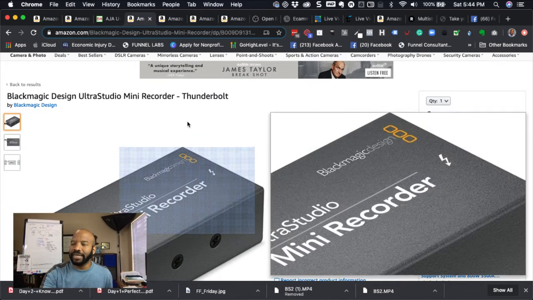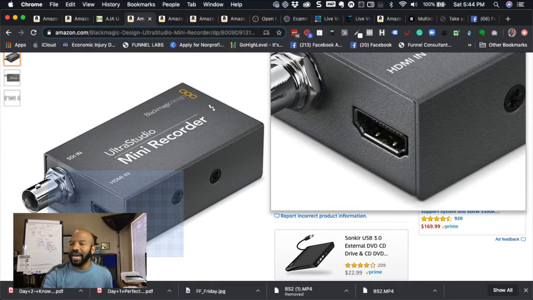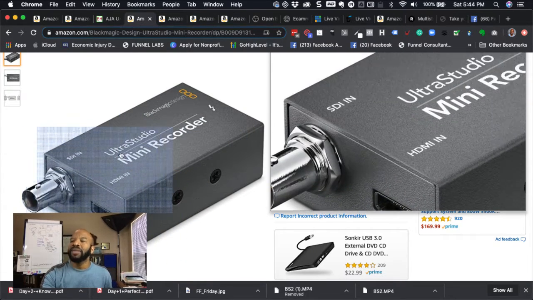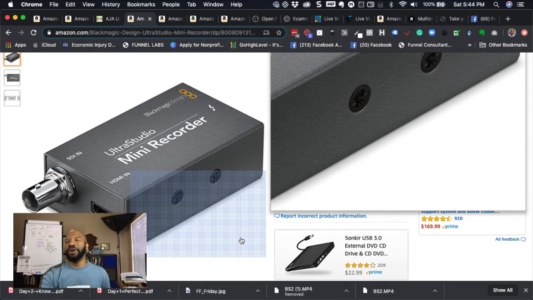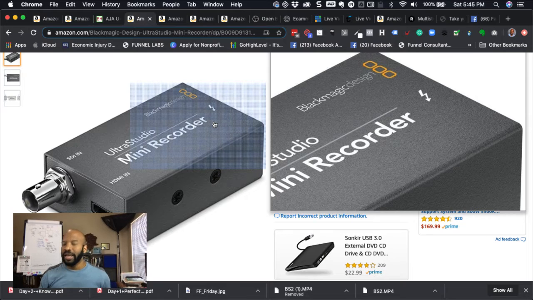Now the Blackmagic looks like this. This is the mini recorder, right? So you've got the SDI and the HDMI in, but here's the other part of the Blackmagic mini recorder. You see that? It's Thunderbolt, right? So you may need an adapter.